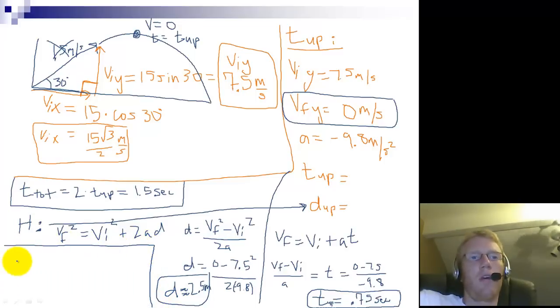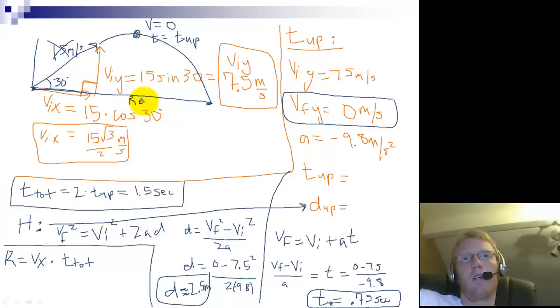And now to get the range, this is also really important. To find out how far it went, since it's going at constant speed, it's not accelerating, it's going at constant speed side to side, all you have to do is distance equals velocity times time in the x direction. So it's the x component of the velocity times the total time, not just the time up, but the total time, because we're looking from our starting point to our ending point to get that total distance,